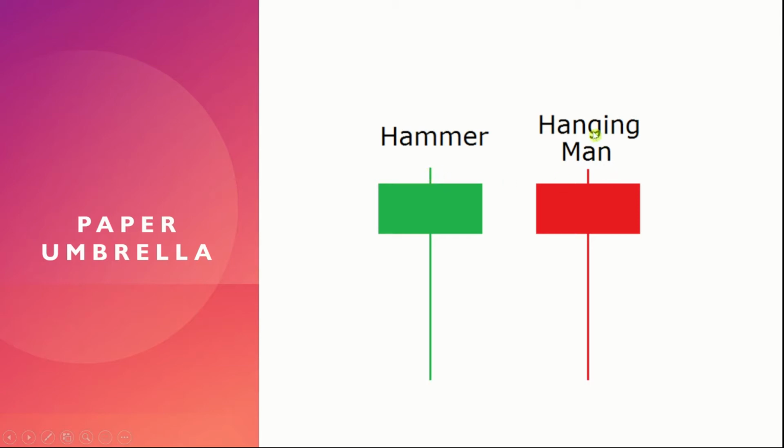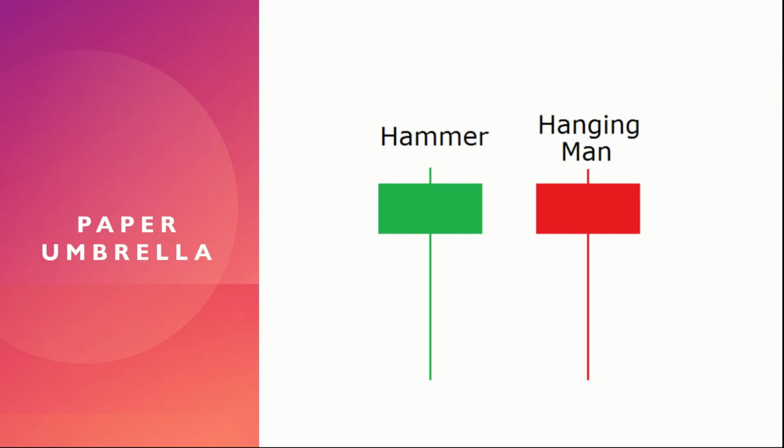Similarly, the second candle that you see is a hanging man candle. It again has a small real body and a long tail. A small wick here is also acceptable. Additionally, the hanging man pattern is a bearish pattern and the hammer pattern is considered a bullish pattern. And because both candlesticks have a similar look and feel, sometimes it becomes confusing to identify which one is a hammer and which one is a hanging man candlestick.